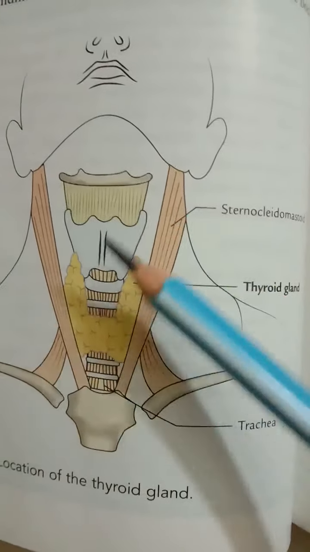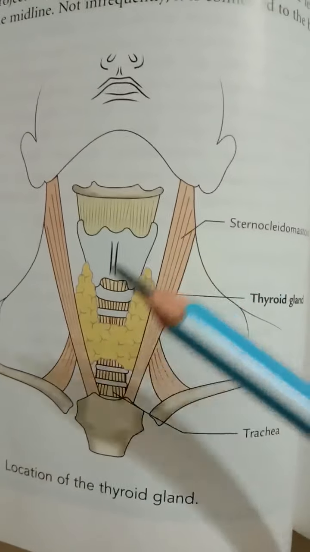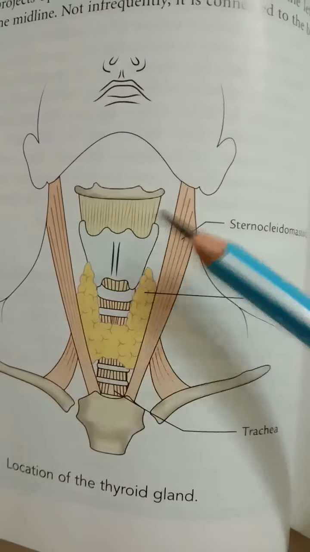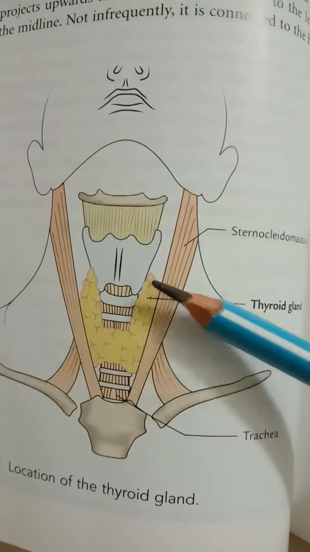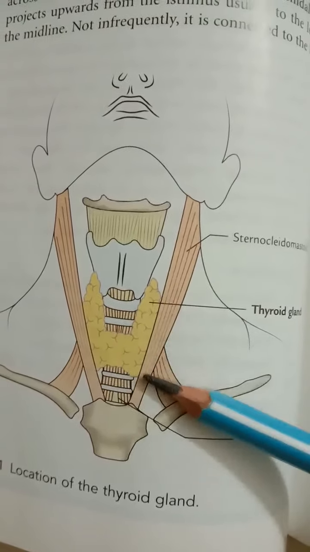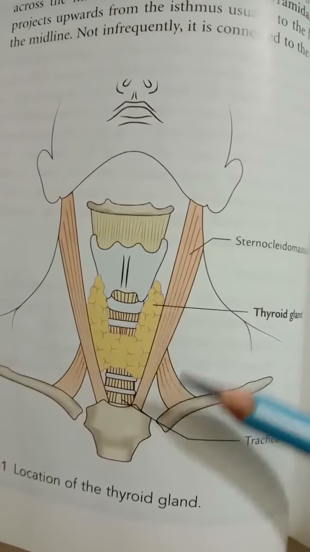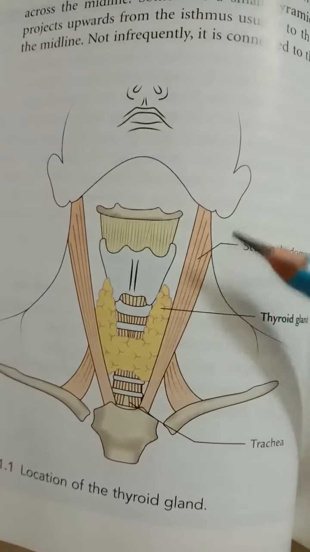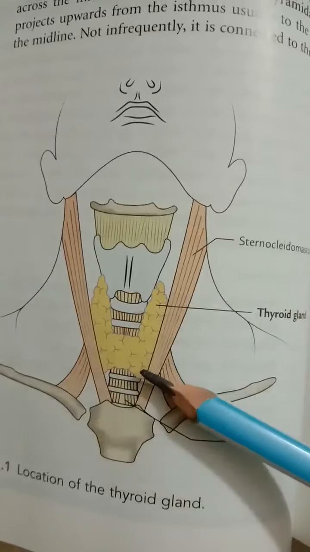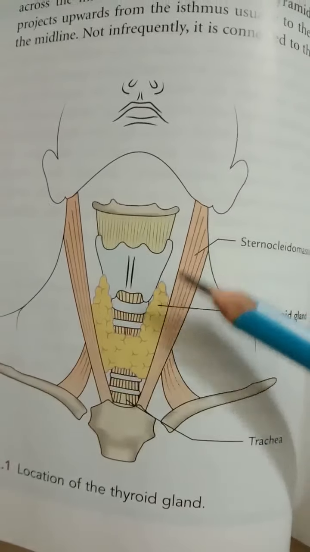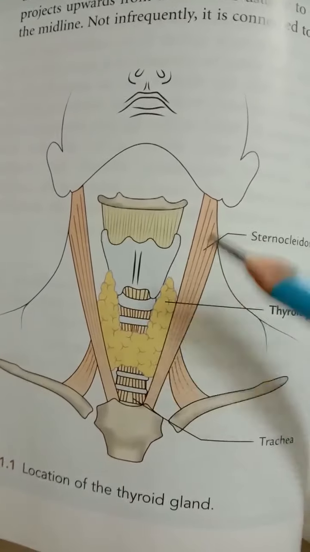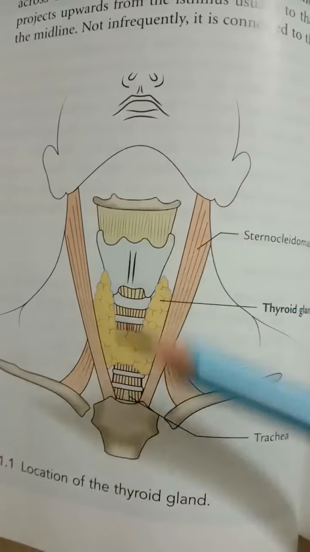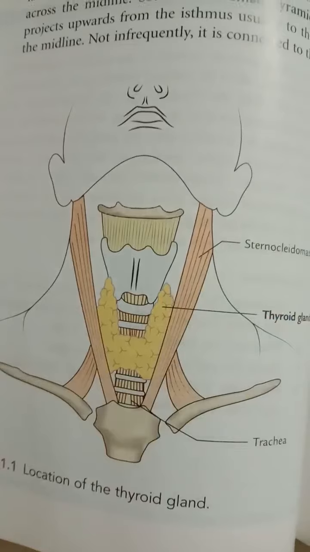The first clinical point related with the thyroid gland is that the thyroid gland moves up and down during swallowing. That occurs because its capsule is attached to the laryngeal cartilage and the hyoid bone, which move up and down during swallowing. That is the reason a thyroid swelling can be distinguished clinically from other swellings in the region of the neck, as it moves upward and downward during swallowing.